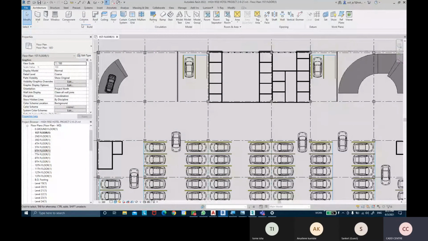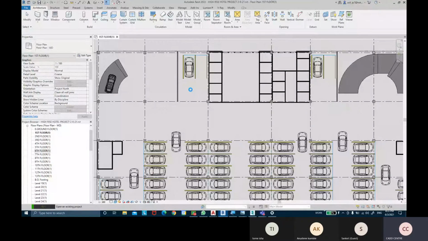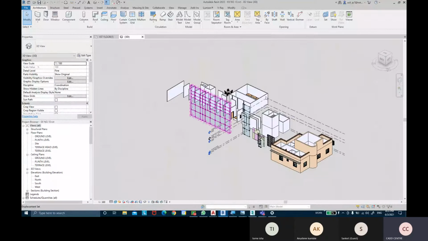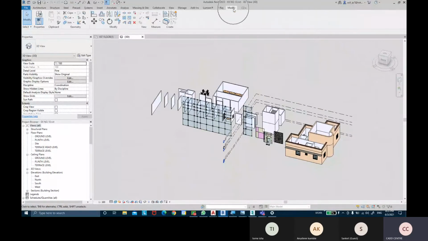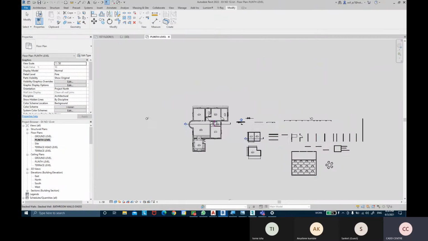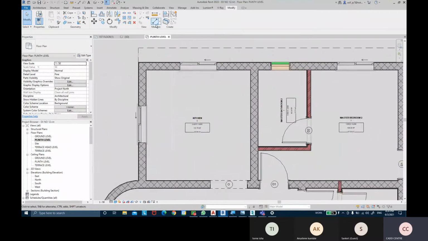Use these files. Okay, so in the previous class, we did the modify tab, and in the modify tab, we have completed these tools, the clipboard tools, the property tools, and the modify tools itself, and the view tools basically. Okay, now we have these measure tools also available over here. Okay, so if we are in the floor plan view and we wanted to measure the room distance basically there, we can use these measure tools.